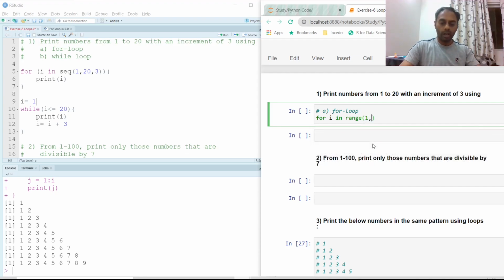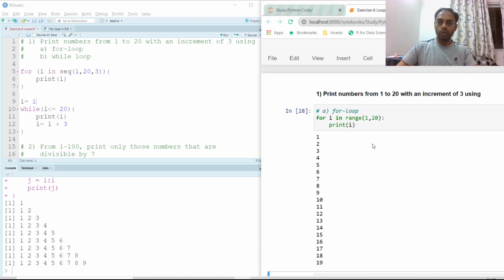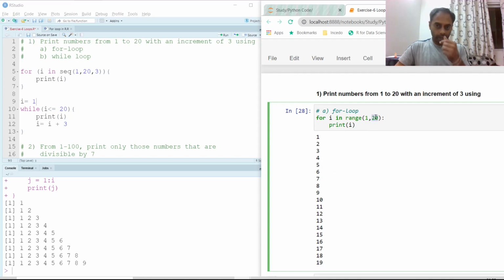So if I put i in range 1 to 20, and if I just print i, all the numbers from 1 to 20 get printed. Of course, the last number will not get printed, typical nature of Python. So all the numbers up to the last number will get printed. And now if I want an increment of 3, all that I have to do is pass 3